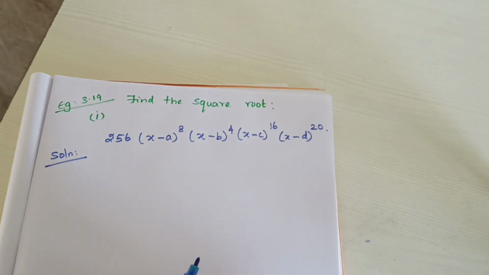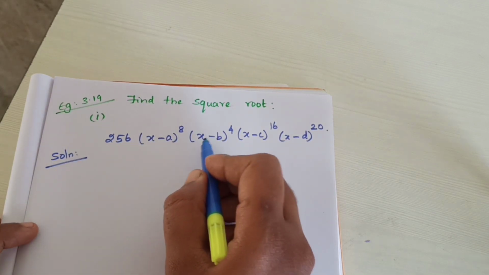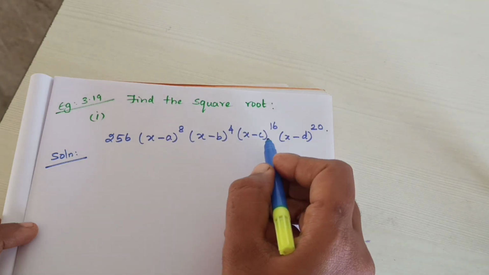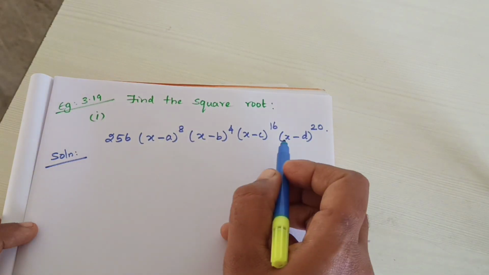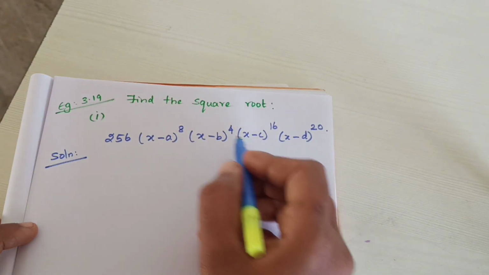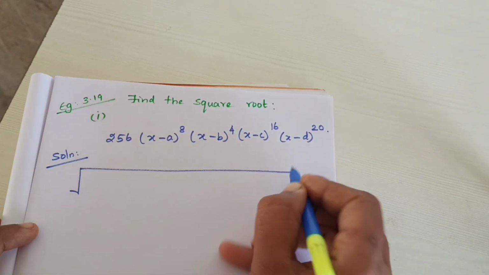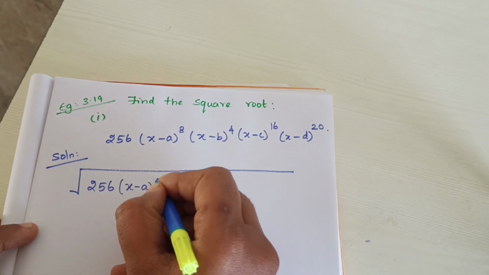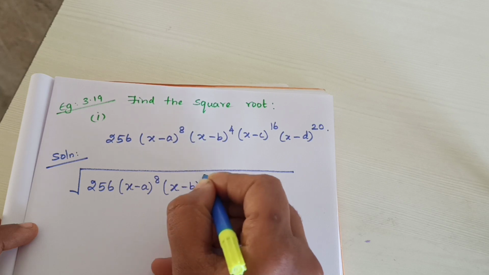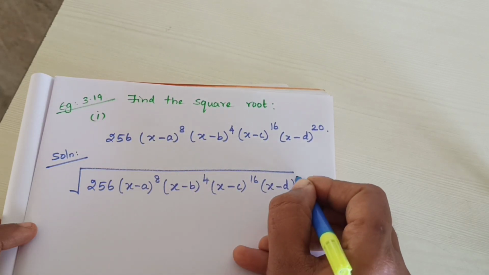Listen, example 3.19: find the square root of 256 into x minus a the whole power 8, x minus b the whole power 4, x minus c the whole power 16 and x minus d the whole power 20. This one we are going to do by factorization method. Find the square root. What is the symbol for square root? This is the symbol. So, square root of, as it is in the question, I am writing 256 into x minus a power 8, x minus b power 4, x minus c power 16 and x minus d power 20,